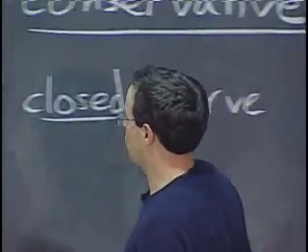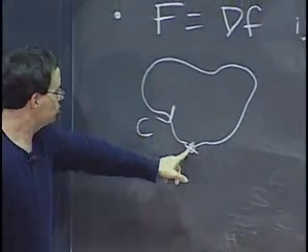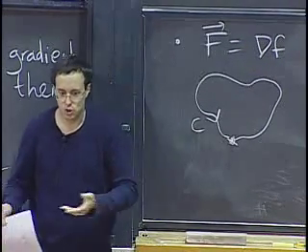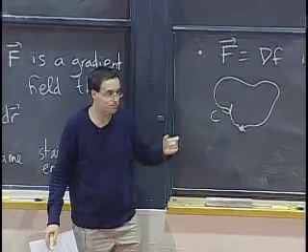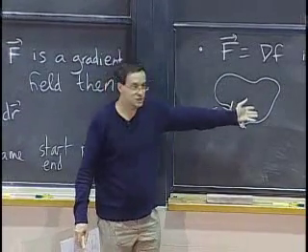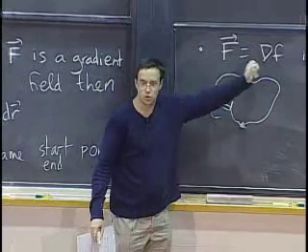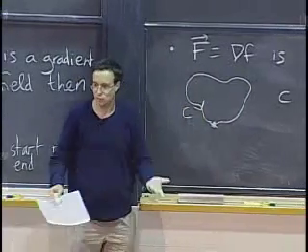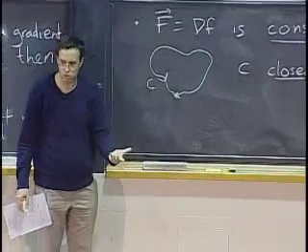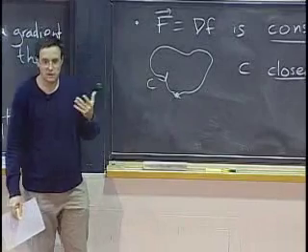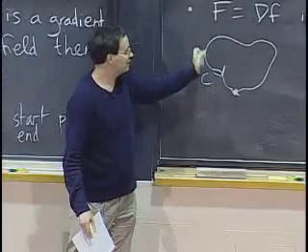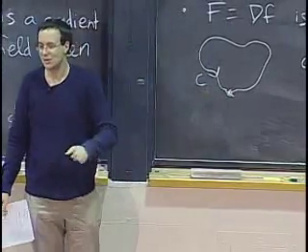So what that means concretely is, if you have a force field that's conservative, then you cannot build some perpetual motion out of it. You can't build something that will just keep going, powered by that force, because that force is actually not providing any energy. After you've gone one loop around, nothing has happened from the point of view of the energy provided by that force. There's no work coming from the force. While if you have a force field that's not conservative, then you can try to find a loop where the work will be positive,